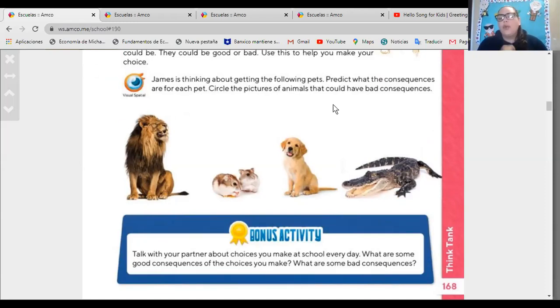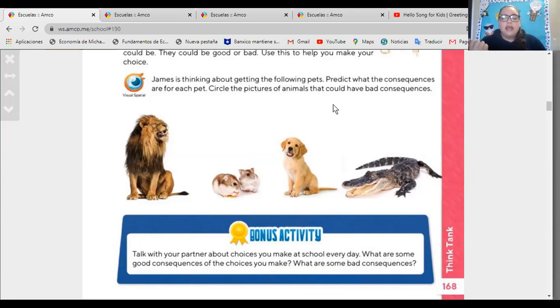Well, James wants a pet, okay? He wants a pet and he is thinking about getting a lion. Is it a good choice to have a lion as a pet? Remember, lions are very fierce animals and they like to be in the jungle. So is it a good or bad decision? If you think that it will have a bad consequence, circle it. If you don't think so, just leave it like that. Okay,